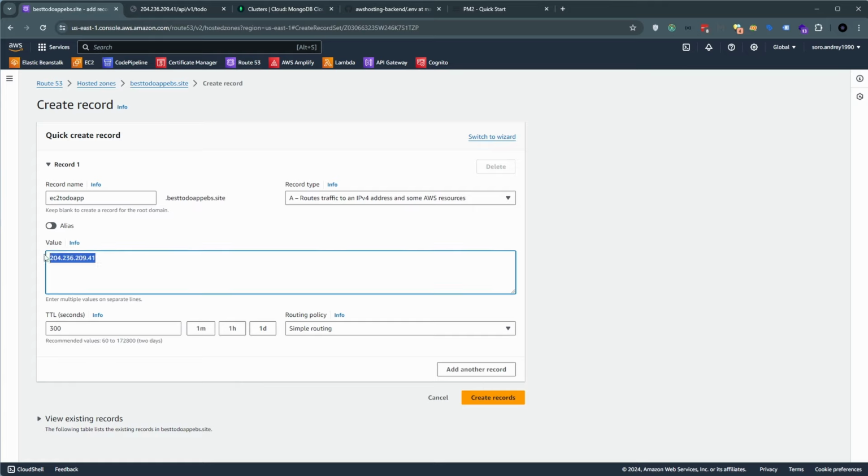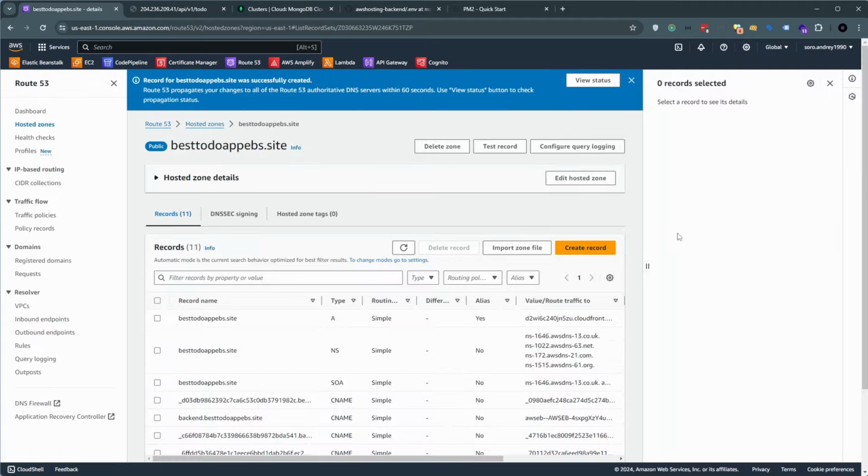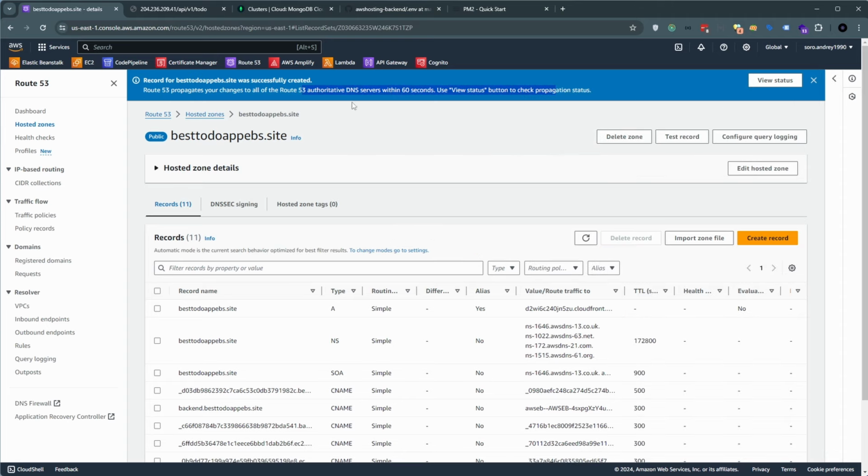Make sure that if you're not using Route 53, your provider, GoDaddy or Namecheap or whatever you use, is allowing you to enter an IP address as an A record, because sometimes I've seen certain providers not allowing that. All right, create record. If your provider is not allowing that, transfer DNS to Route 53 and you should have no problem. So now it's going to apply those settings and it's going to take about 60 seconds, but usually